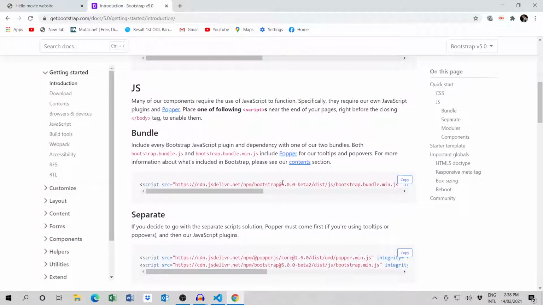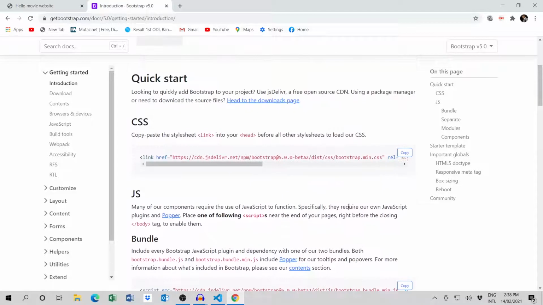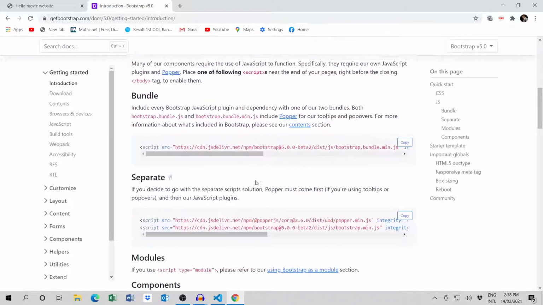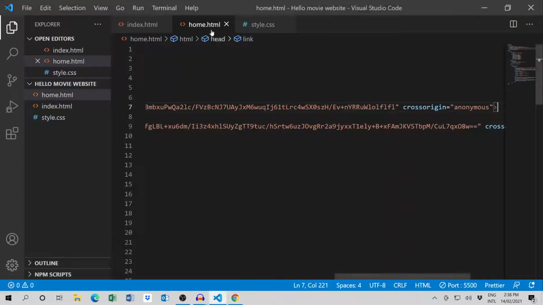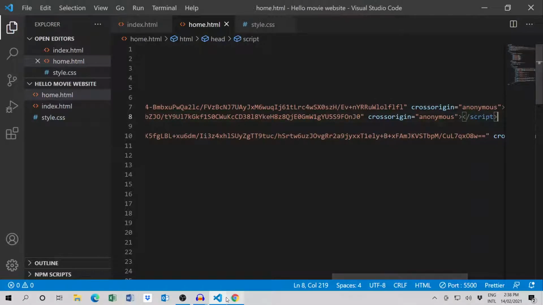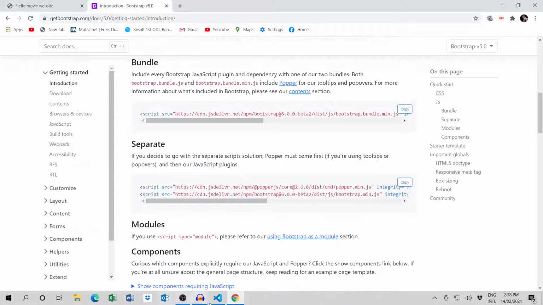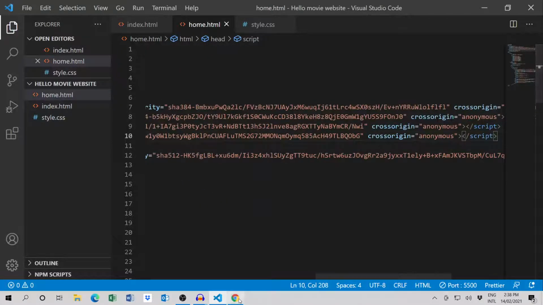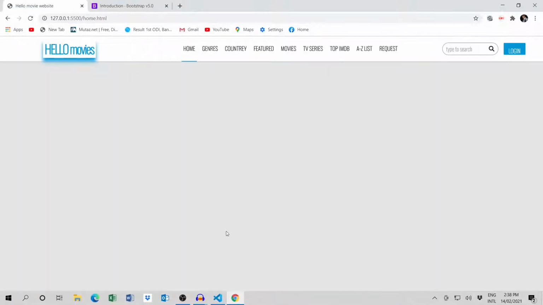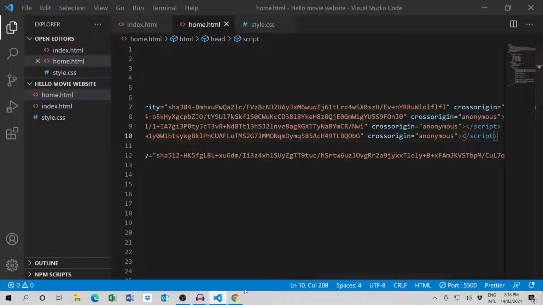Okay, I want CSS. Okay, this one also I want. And this one too. Okay. Now